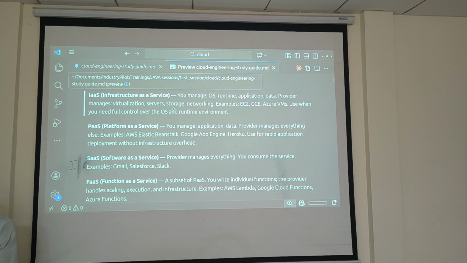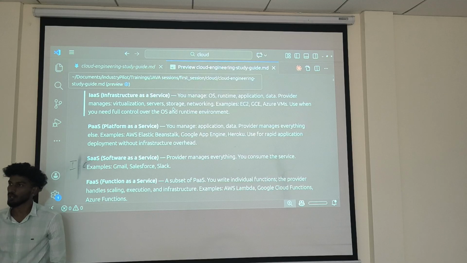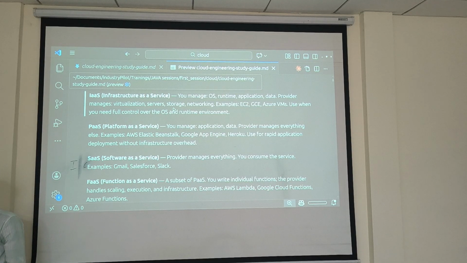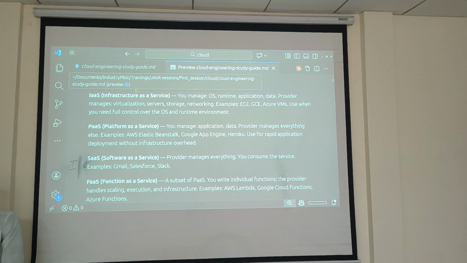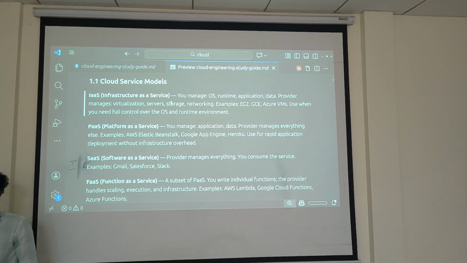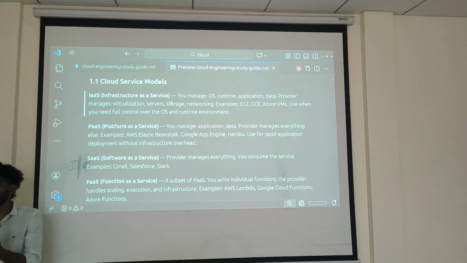So the infrastructure is nothing but they will give some raw things only, like the machine. They will only give the computer, no OS, nothing will be there. We have to boot the OS and set up everything. So what cloud mainly does: in infrastructure they will just give the computer only, nothing else. You have to manage the OS, application, everything. What those guys mainly manage is networking and storage, because that is the basic infra. What hardware they are using, that is accessed via the internet only, right? Those things are called infra.